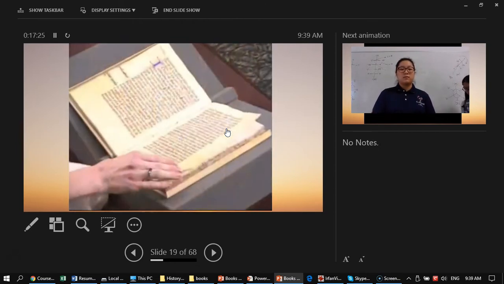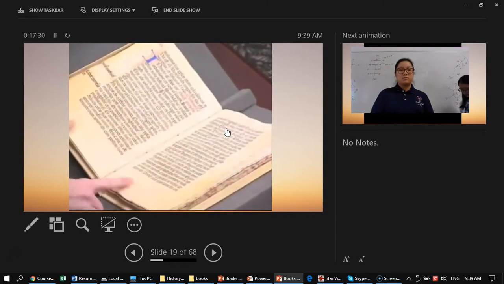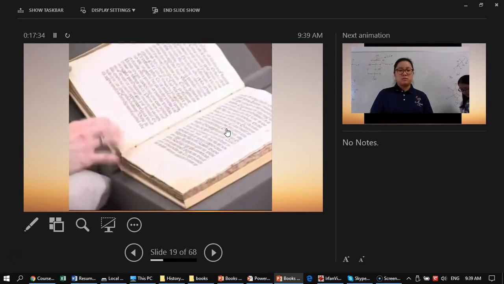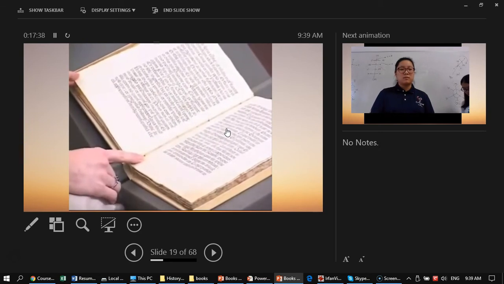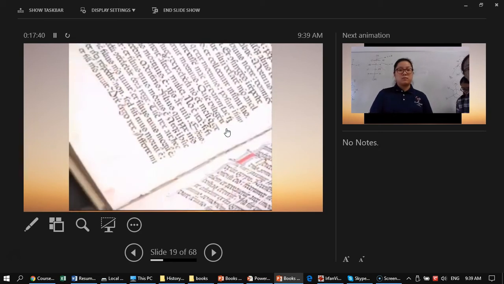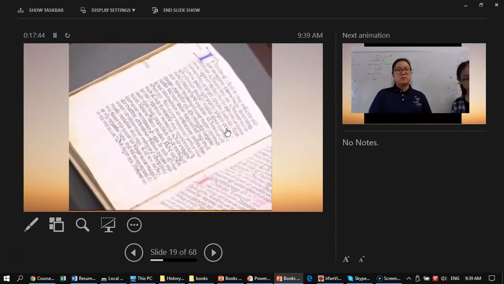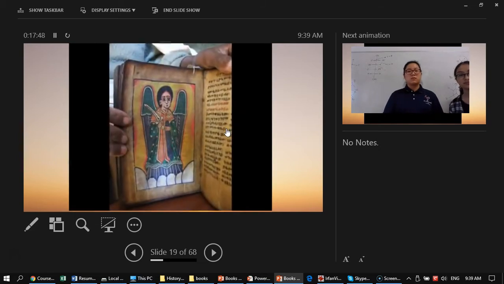Next, the use of parchment or stretched animal skin made the book even more like the ones we use today. The skins were bleached and rubbed smooth. There are many advantages to using parchment. It was less likely to tear, ink could be erased if needed, it could be painted, and you could use both sides of it. This form of the codex, with parchment, was the first version of the modern book.